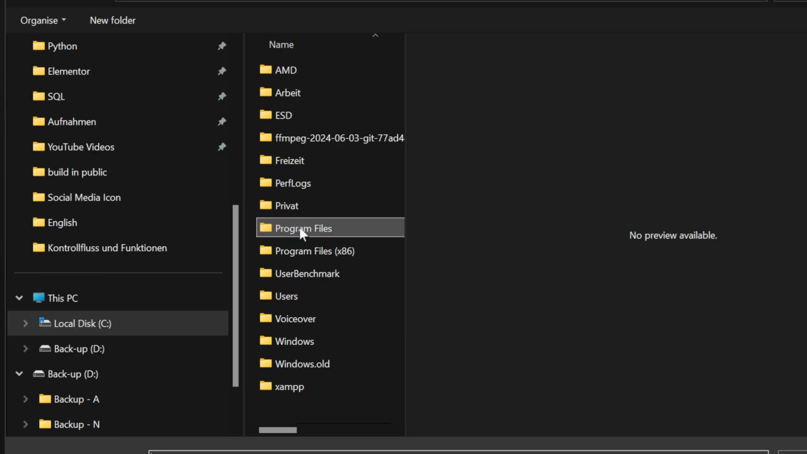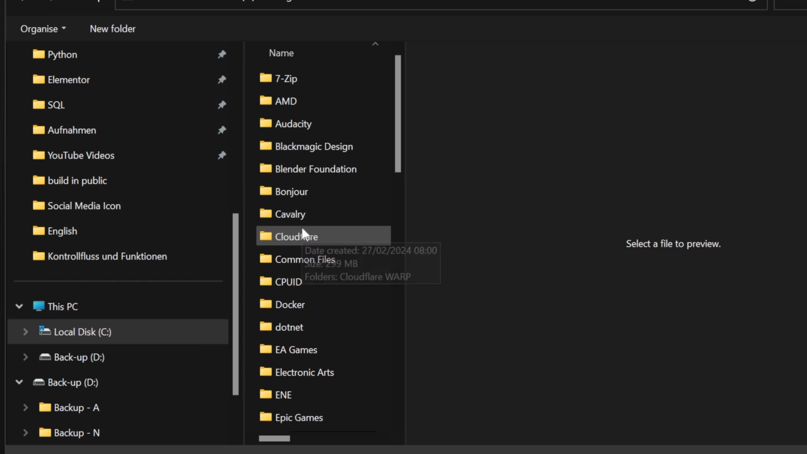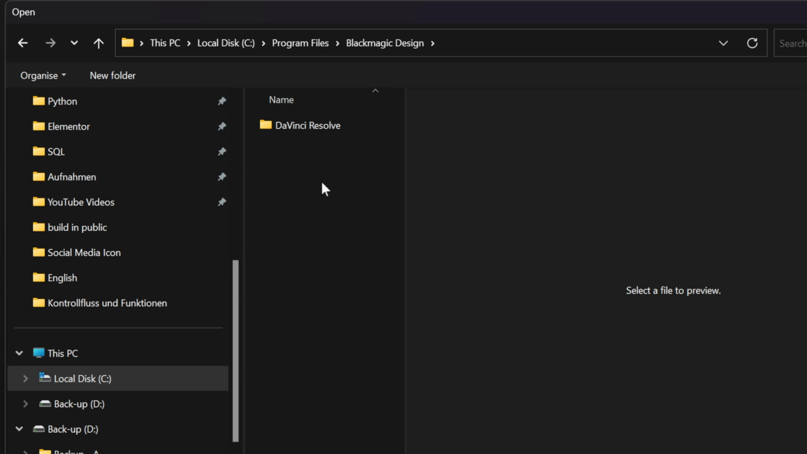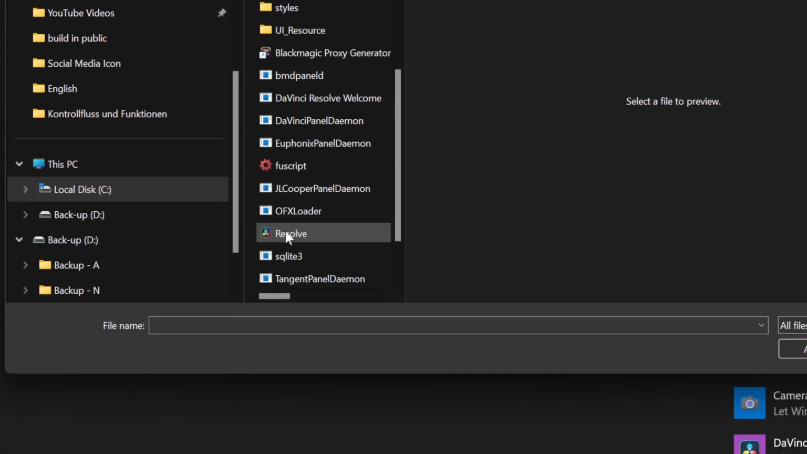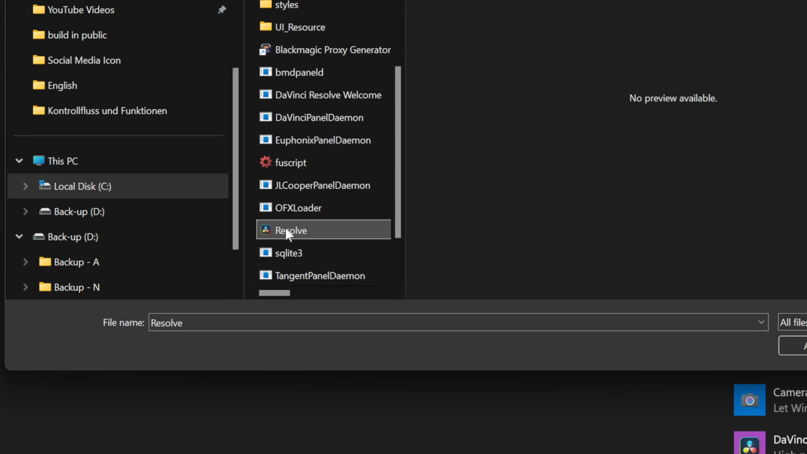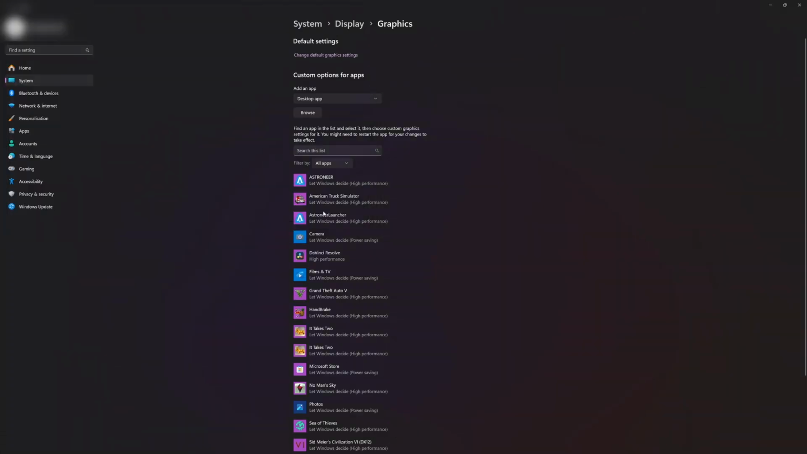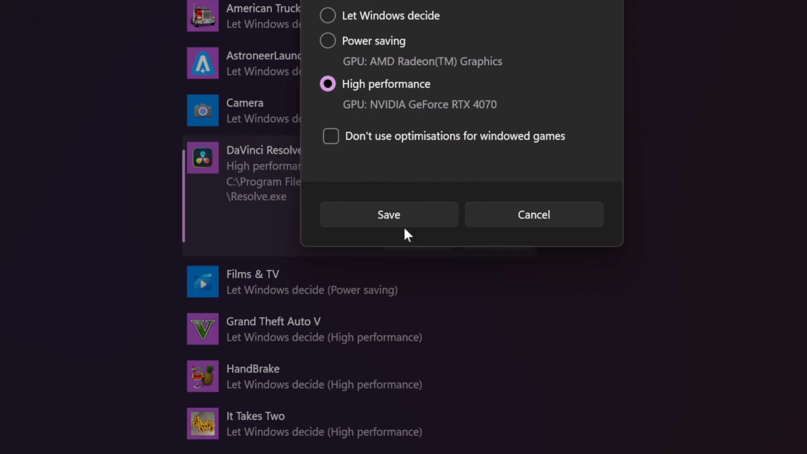click on Program Files, and search for DaVinci Resolve, which is usually inside Blackmagic Design. Click on DaVinci Resolve, and now simply select resolve.exe and click on Add. Now you have added DaVinci Resolve to the program list down here, and now you want to edit the options